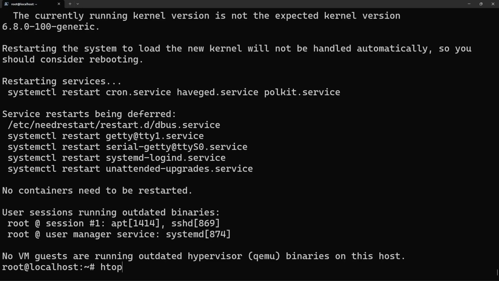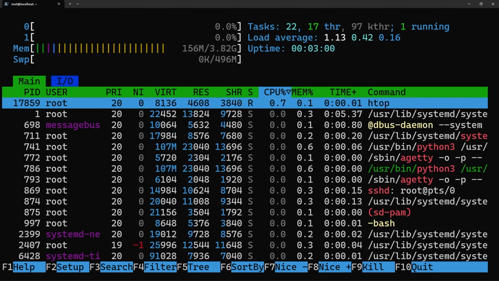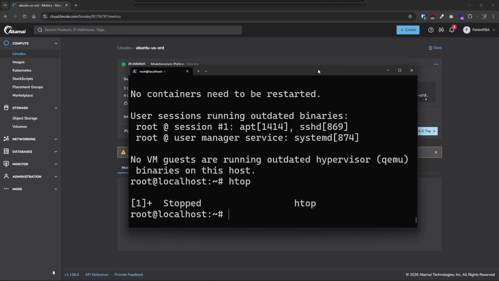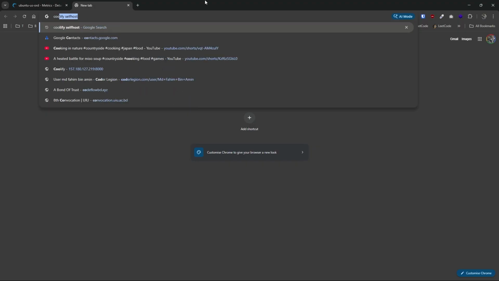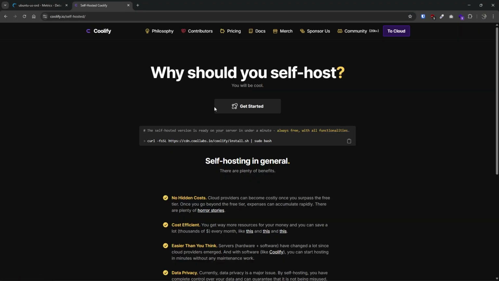Let me see whether htop is installed. Yeah, it's already installed by default, so that is good. Now I want to install Coolify. I can simply search for Coolify self-hosted docs, self-hosted Coolify, and here I can simply copy and paste this command into the terminal